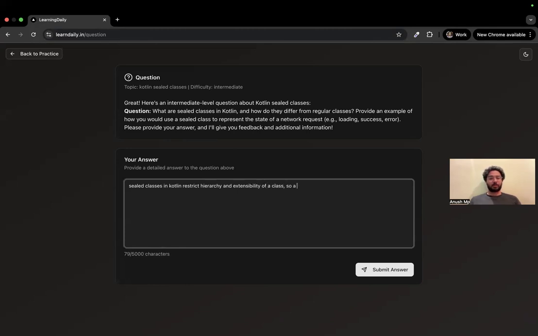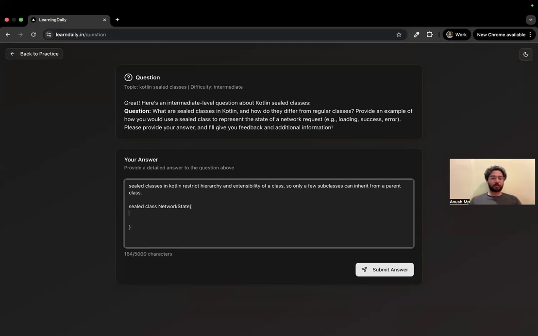So only a few subclasses can inherit from a parent class. And maybe I'll give an example of what a sealed class would be. So I'll say sealed class NetworkState,